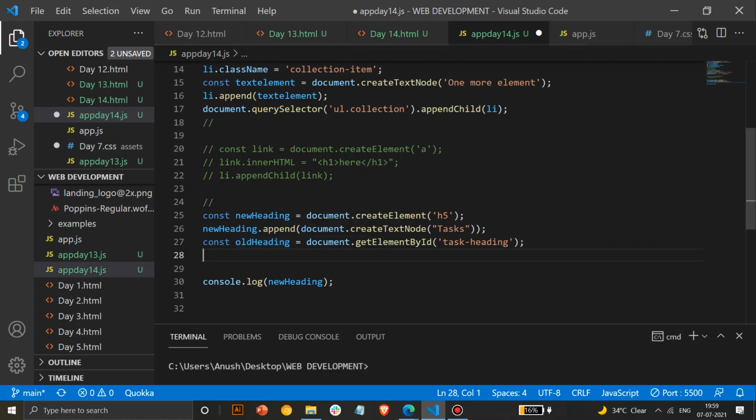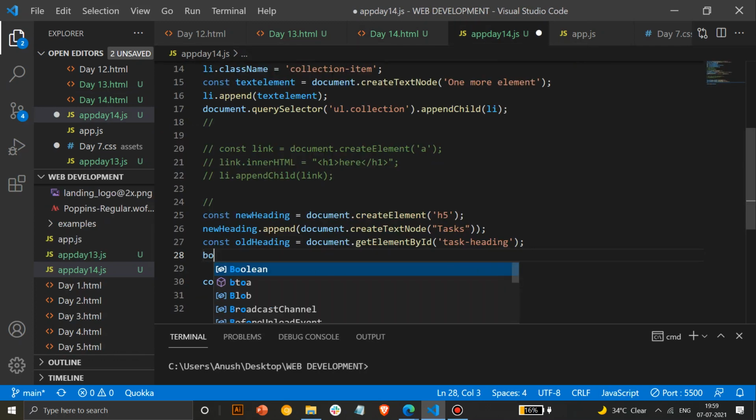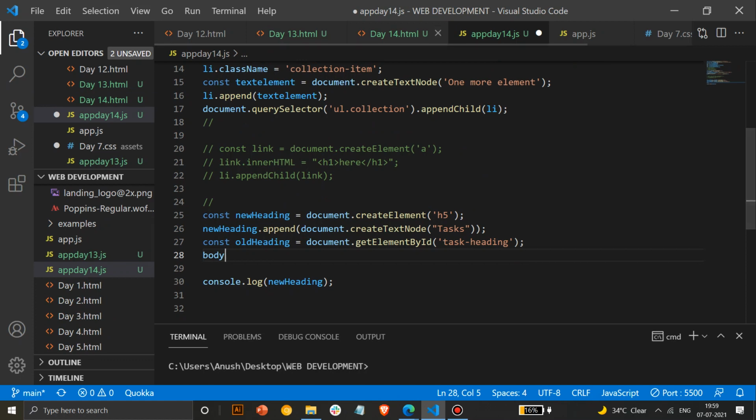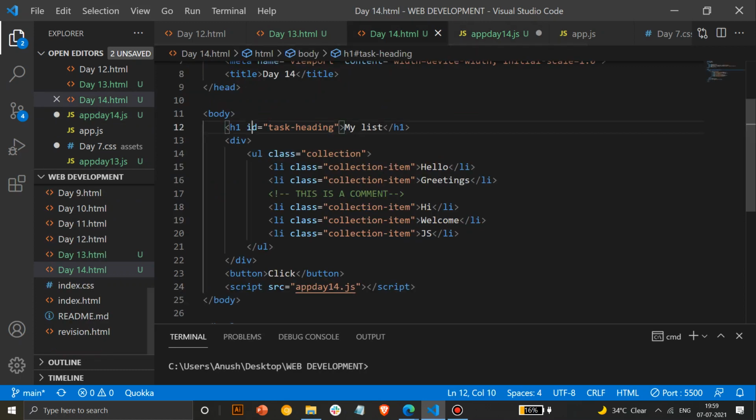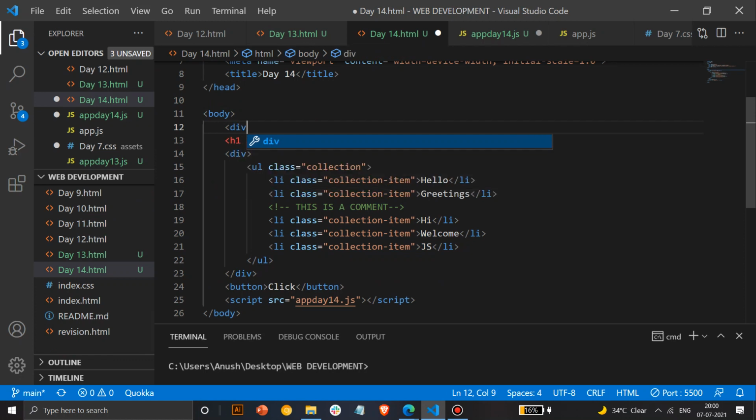So before we modify this, I'll add a parent. What you can do is either select body and then replace the child, or you can create a parent for this beforehand. Before this, I'll add a parent, so I'll add a div class here.